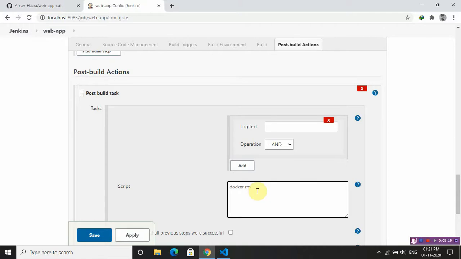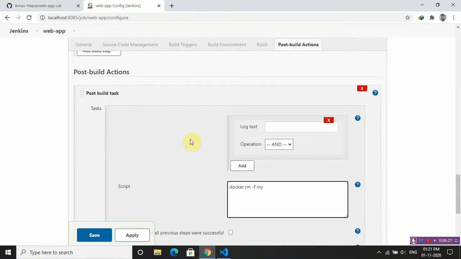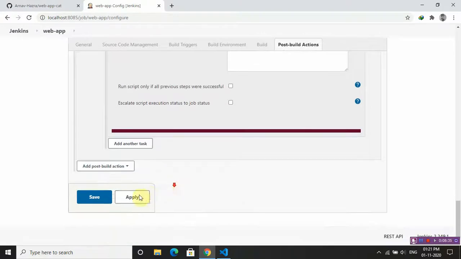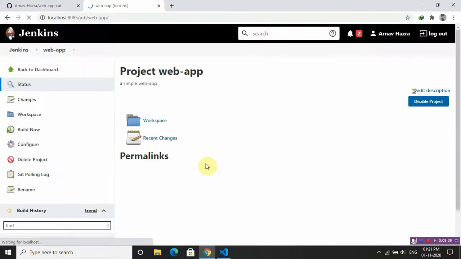So we will just force remove the container name, which in this case I will keep the same as the image name. Then we apply and save it.